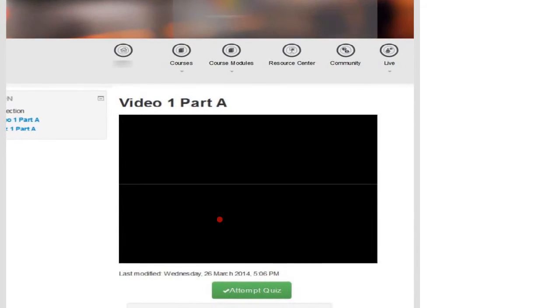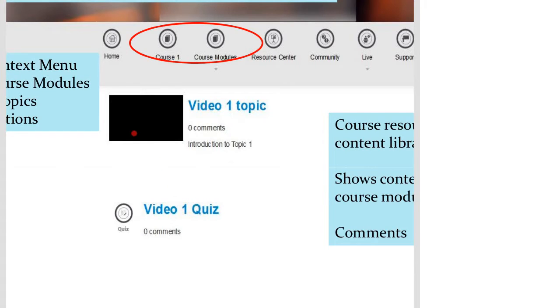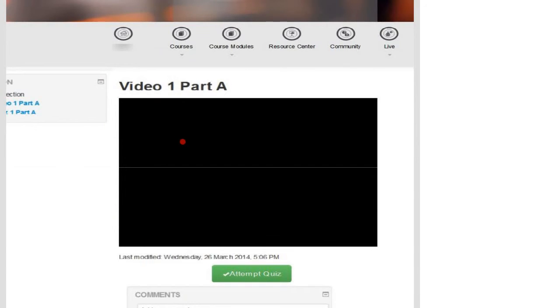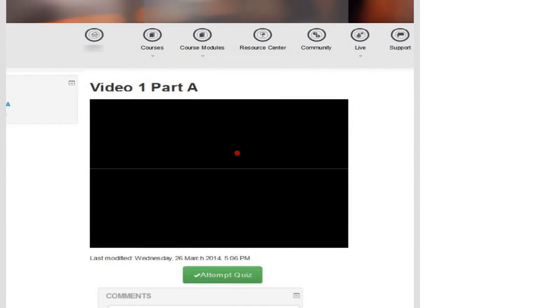From this page you can access the videos. In my case, in this organization, as I told you, they were not using a lot of Moodle features; assignments were not being used, forums were not being used. All they needed Moodle for was just videos and quizzes. Those are the two options provided to them, and they can add only those two activities.